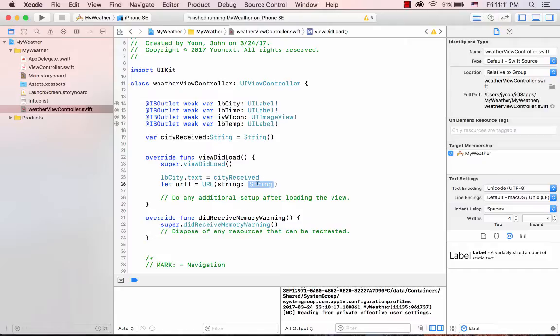So in this string, you can do HTTP. Remember that the website that we looked at, apixu.com, version 1, current.json, equal sign, and whatever that, right? So let's assume that you have that. And after that,